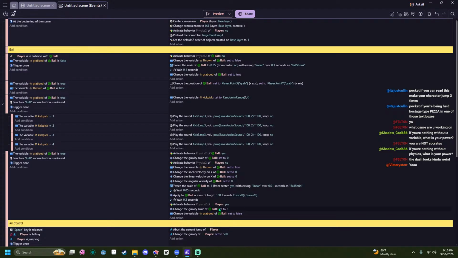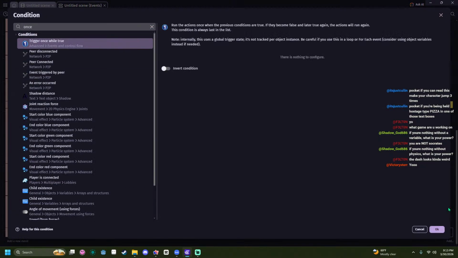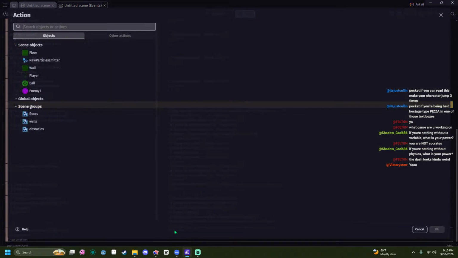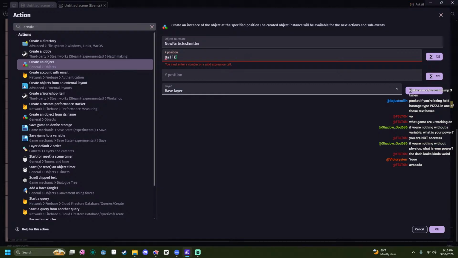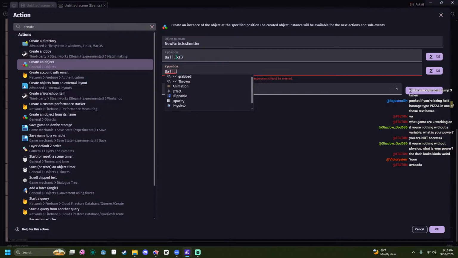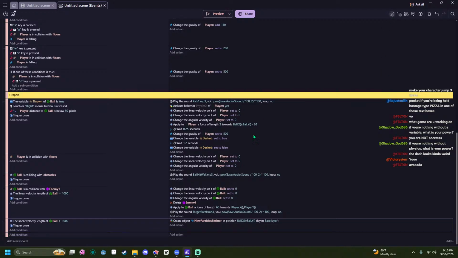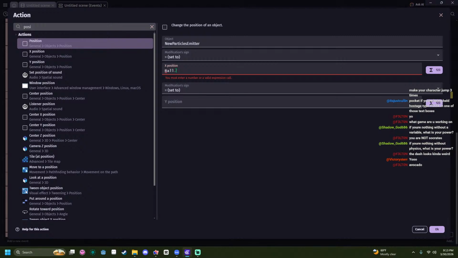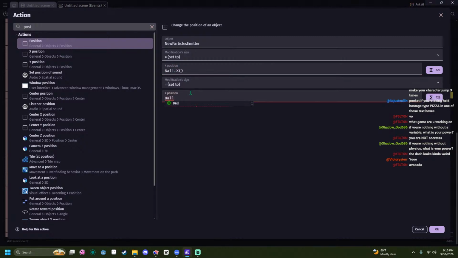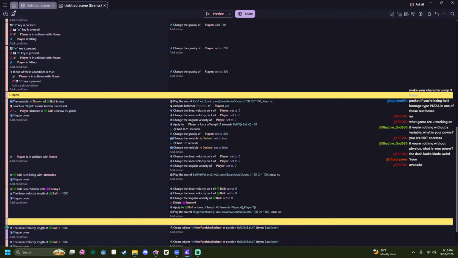Okay. Now, if it's going over 1,000, trigger once. Create an object. New particle emitter on ball.x, ball.y. Bam. Create once. Now the position of the emitter should always be on ball X and ball Y. And if the ball, let's just put right here, trail.